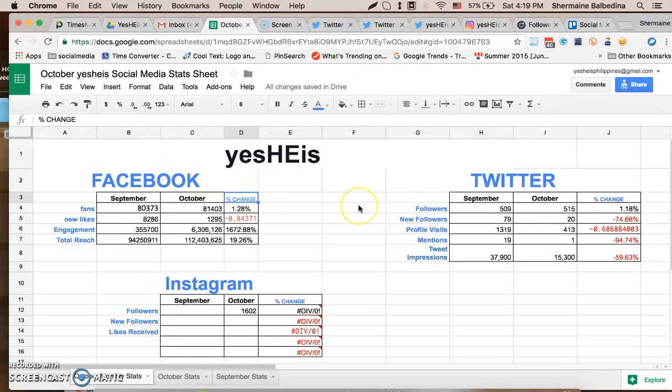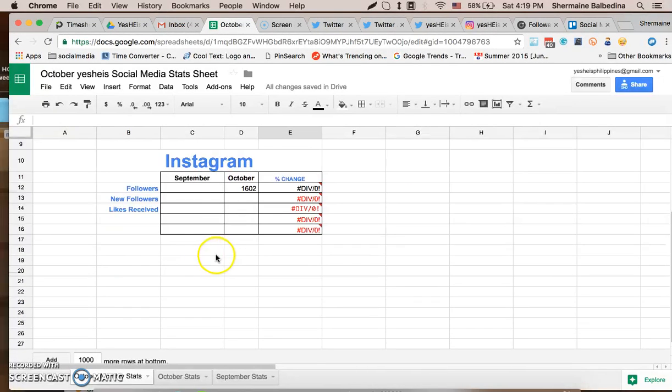Now what is percent change? Again, this is the formula we will need in order to check if there is a change from the month of September to October. Did we increase the number of funds or not? So to have that data, once you double click, you can see this one. But this is how to get it.